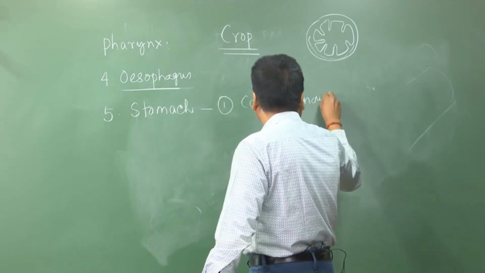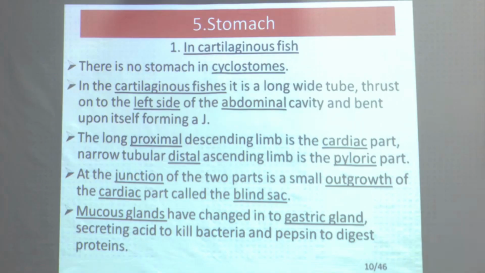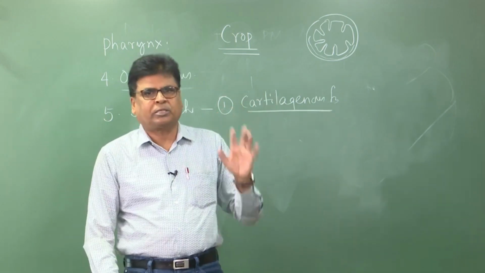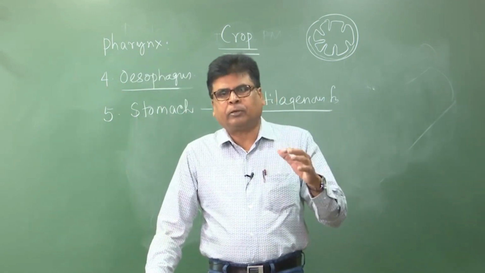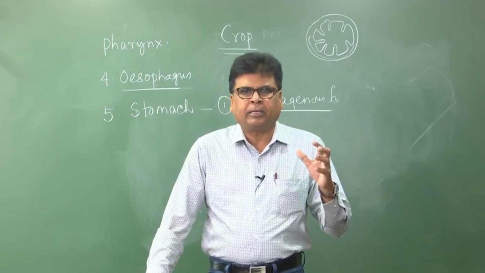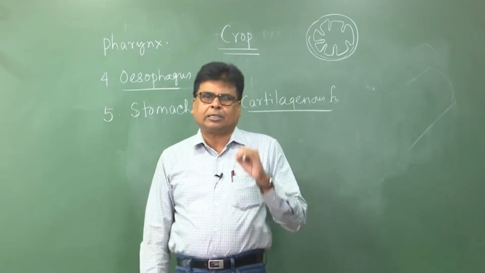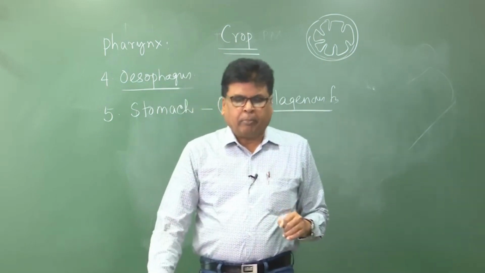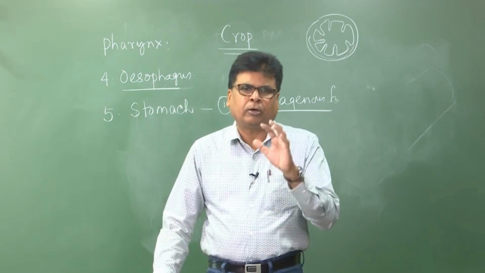The stomach is not present in the cyclostomes, because the first vertebrate is the cyclostome, which is agnathan. I am telling about the gnathostomes. In gnathostomata the stomach is present. There is no stomach in cyclostomata, but in cartilaginous fish, or elasmobranch or selachi,